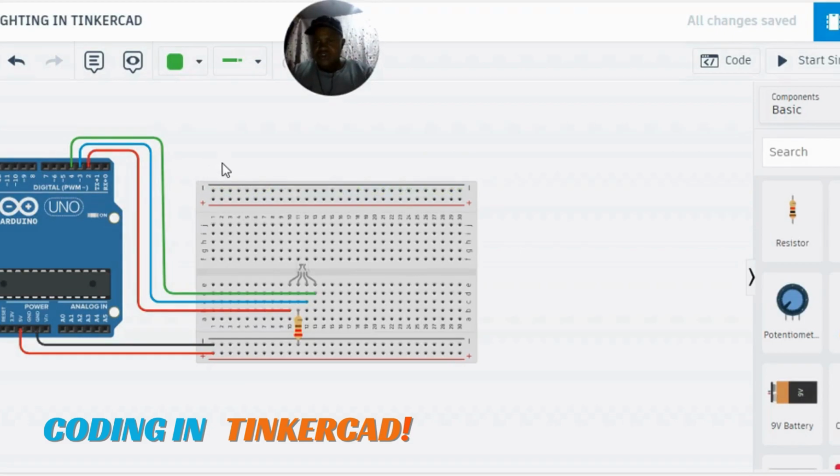So to do that, we first need to do some modifications on our connection. We need to connect the three pins of our LED to the PWM pins of our Arduino. And what are those pins? The first pin is pin number 3 here. Second pin